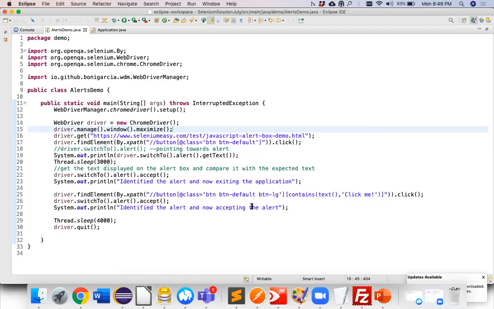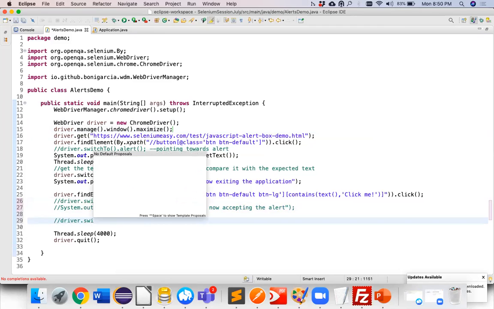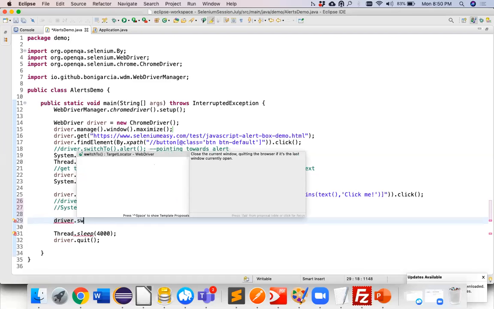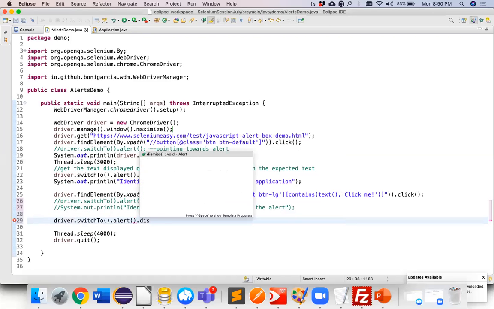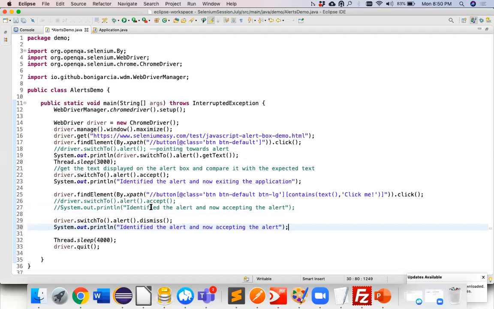Okay, now you saw the accept, right? Instead of accept, now I'll say, okay, I don't want to accept this. Now I want to say driver dot switch to dot alert, and I'll say dismiss. Okay, I want to dismiss. And now I'll copy this and I'll paste it over here, and I'll say